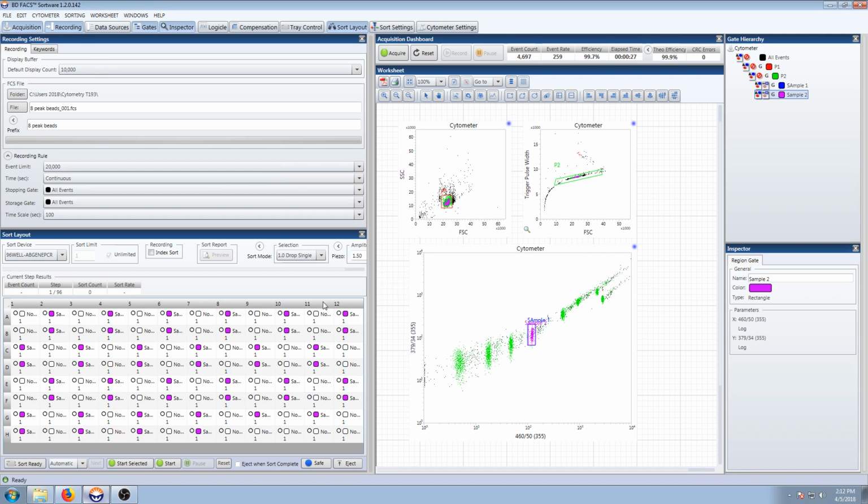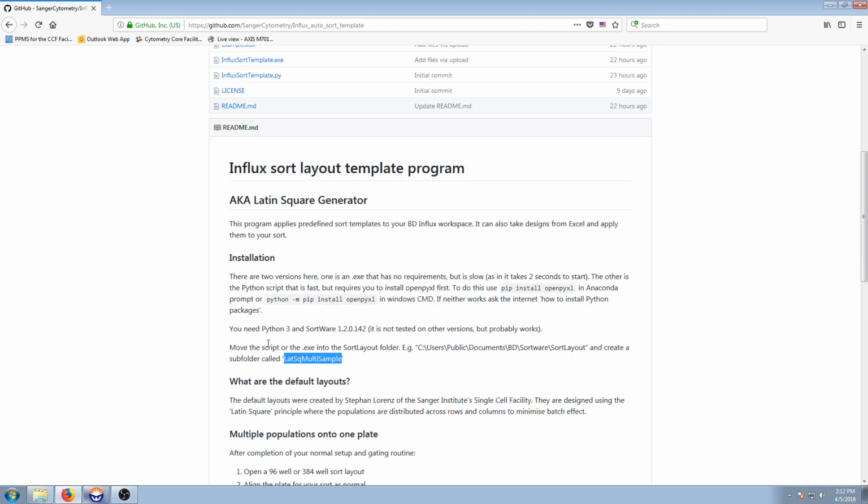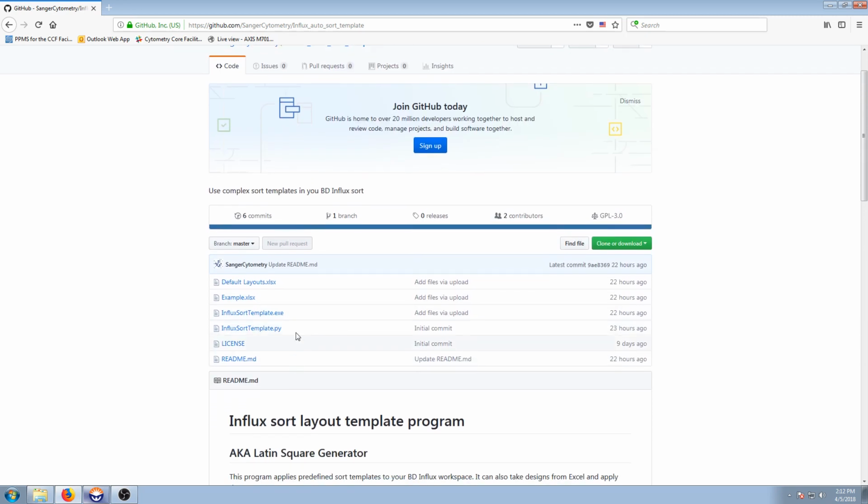The other option is option number 3. Option number 3 allows the user to come with a template. On the GitHub page you'll find example.xlsx. Download that and then you can adjust your gating strategy to whatever you want. But then when you choose option number 3, it'll ask you to load that file and then you proceed as usual, choosing 1 sample or 2 sample